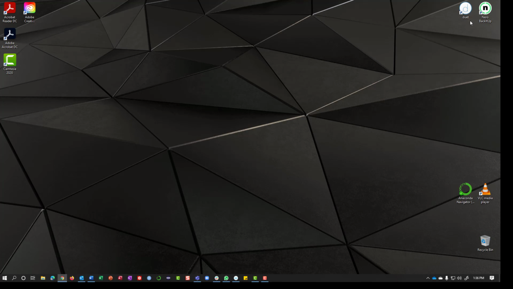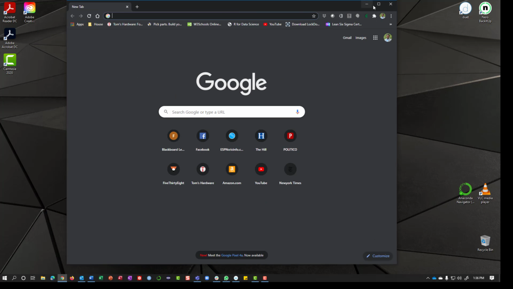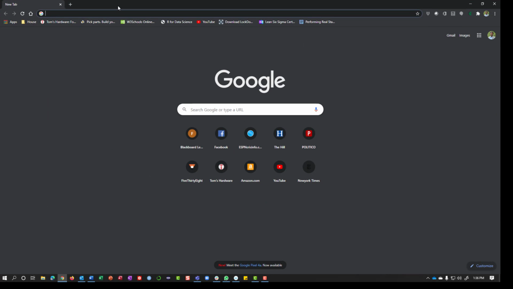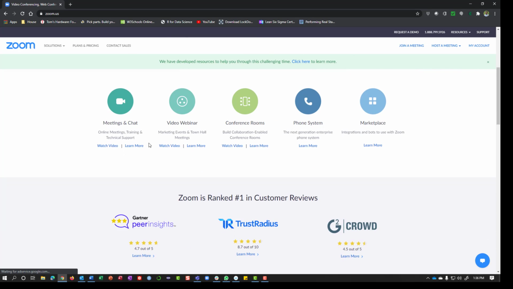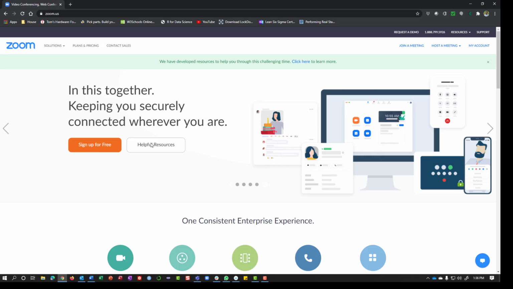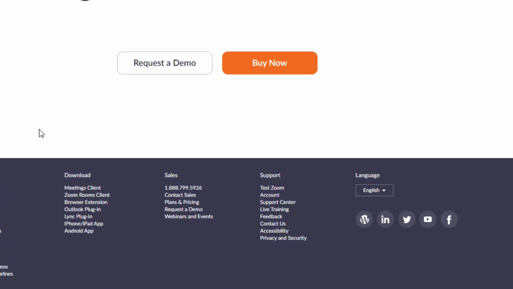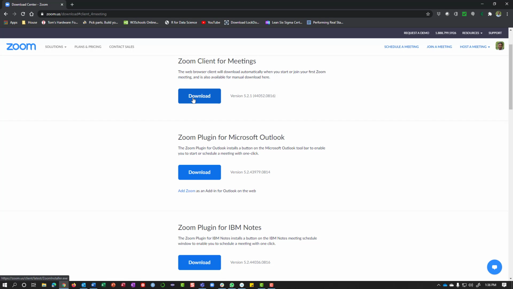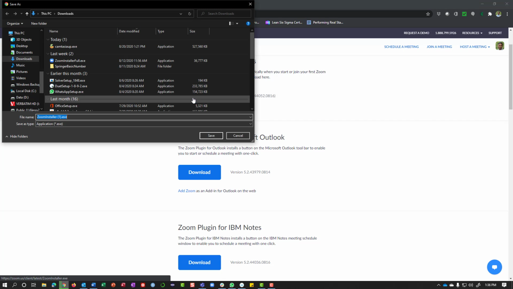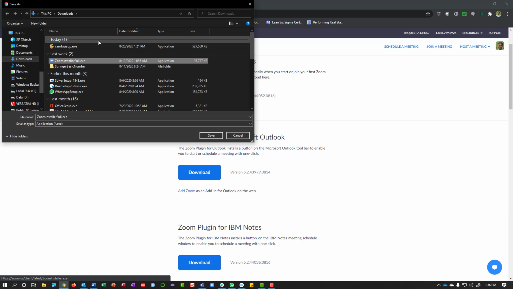You can go to any browser. Let's start with Chrome here and go to zoom.us. When you're at zoom.us, scroll down to the bottom, right here to Meetings Client. Click on that and then download this Meetings Client. I already have it here, but